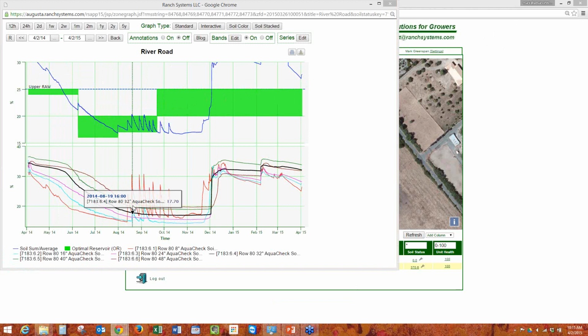Okay, and let's see, one more question is how do you go about determining the interval of irrigation? The interval? Oh, okay. Well,